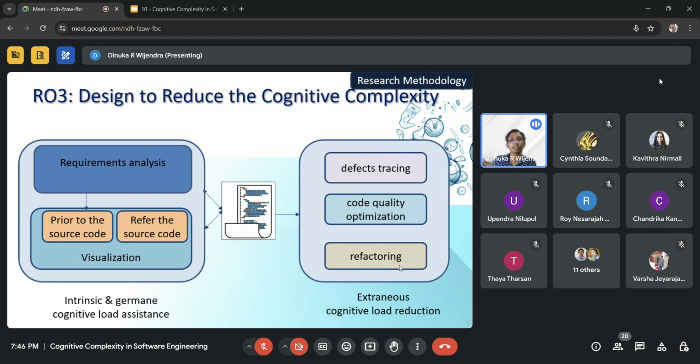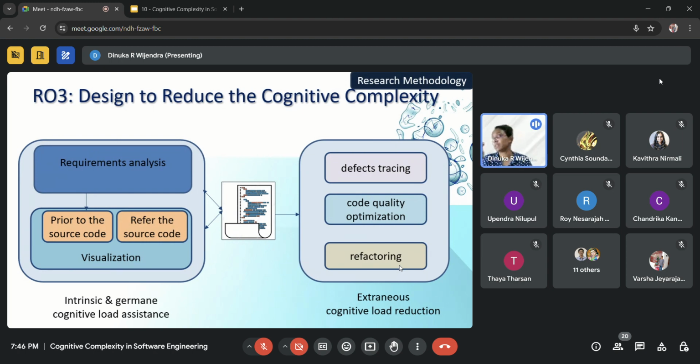Under the right hand side panel, under the reduction of the extraneous cognitive load, I have implemented how to track defects. There are many defect trackers, but in my case, I have addressed some defects which are not addressed by the existing defect trackers, and how to optimize the code quality, and how to introduce refactoring.